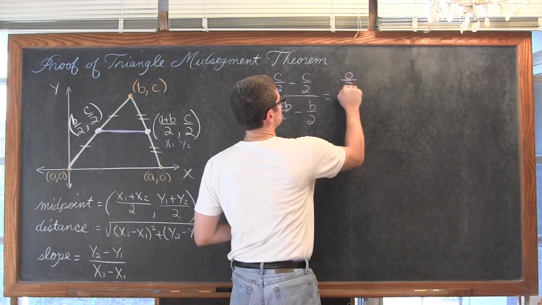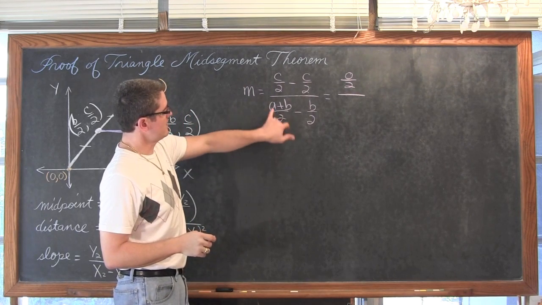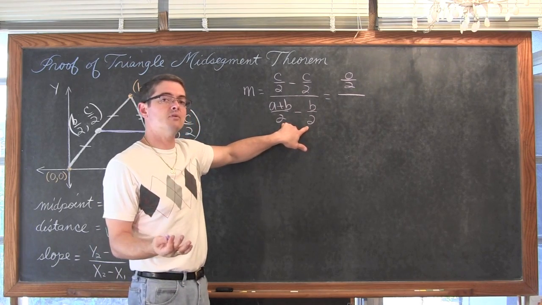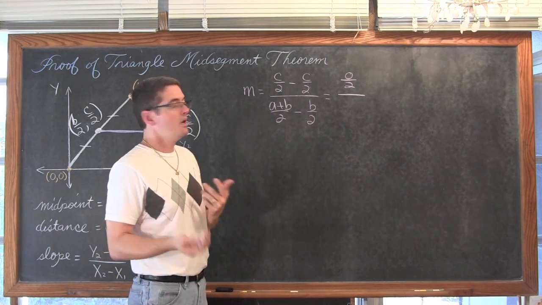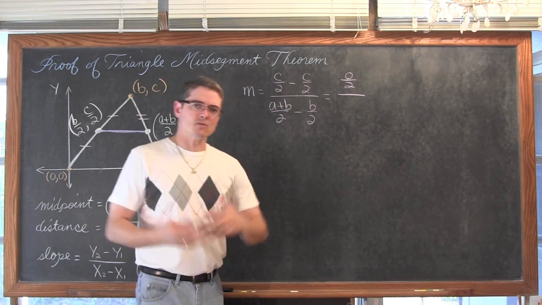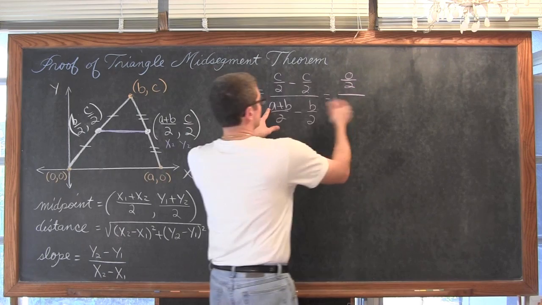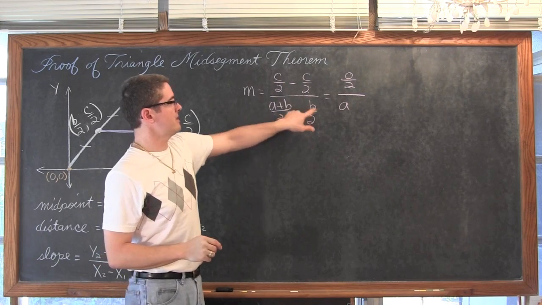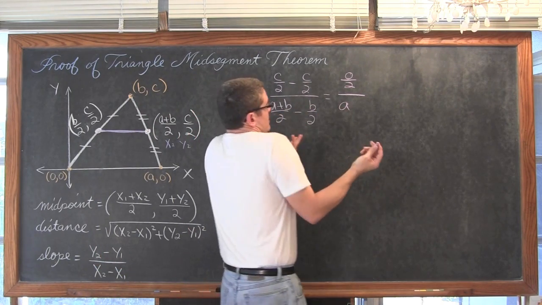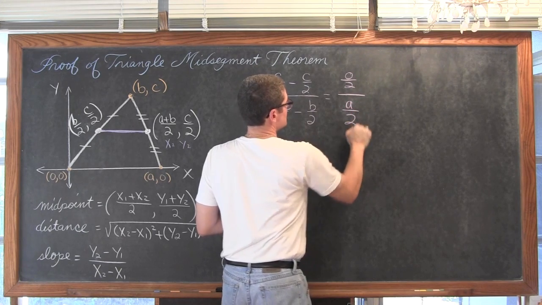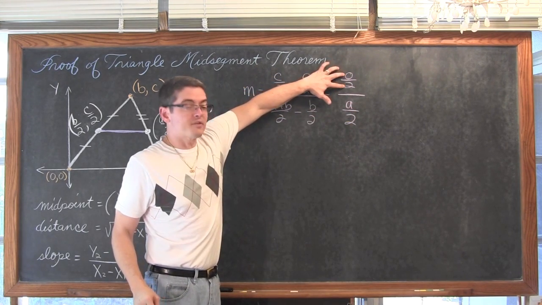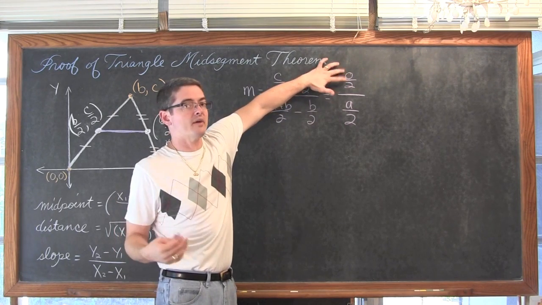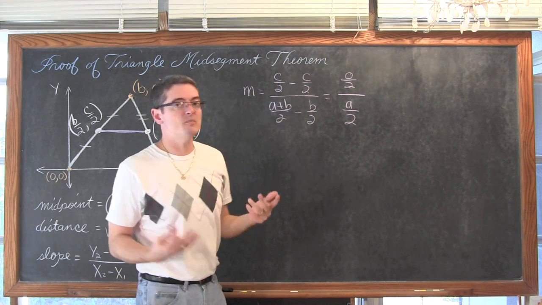So we have 0 over 2 divided by, well, let's see, I've got (a plus b) over 2, and I have b over 2. Well, our two fractions, again, have a common denominator, so all I have to do is subtract the numerators. And it looks like I just have to combine like terms. So I have an a sitting here with nothing else to be combined with, and I have a positive b and a minus b, so b minus b is 0, so we just get a over 2. Well, 0 over anything is going to be 0. So 0 divided by 2, 0 divided by 20, 0 divided by 100, 0 divided by x. 0 over anything is going to come out to be 0.